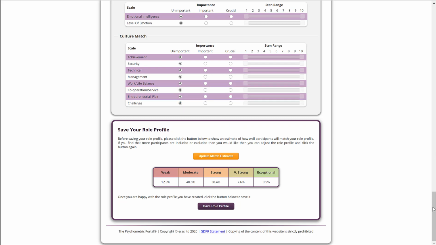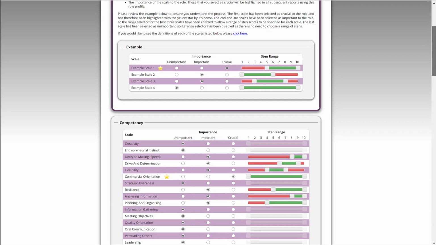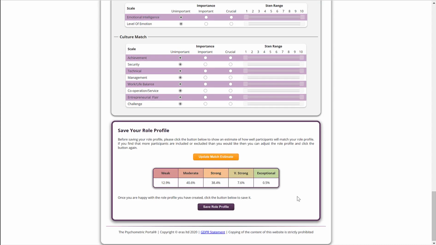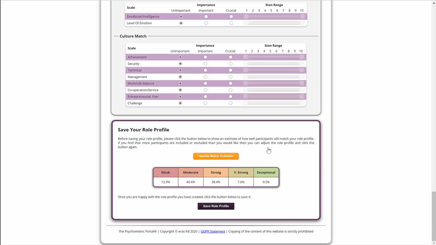So for the role profile that I've gone for, remember, it was fairly random. The likelihood of finding an exceptional match is very low. It's literally only 0.5%. The likelihood of finding a very strong match is a bit higher, 7.6%. The likelihood of finding a strong match is 38.4%. Okay, so it gives you that information. Click on Save Role Profile,